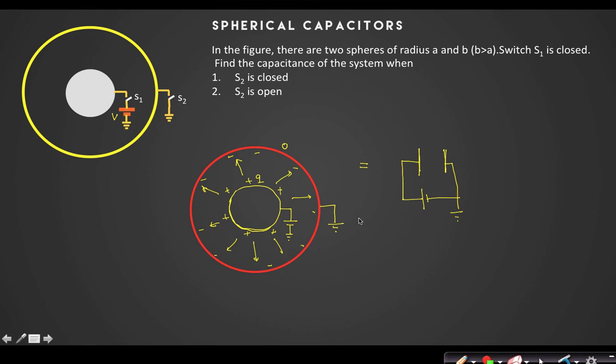Sir, but in a parallel plate the electric field is constant, here it will not be. I am not talking about a parallel plate. This symbol is not only for parallel plate. This symbol is for a capacitor. So I have seen that this can also be written as a capacitor. I have to find what is the equivalent capacitance of the system.